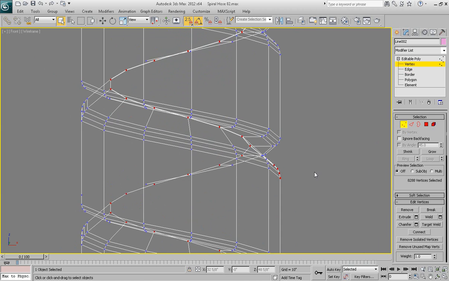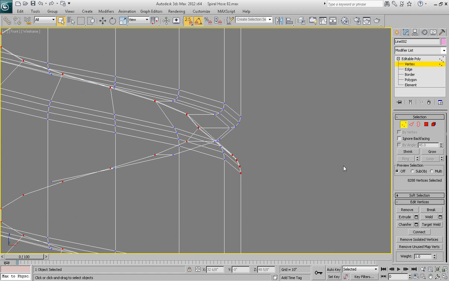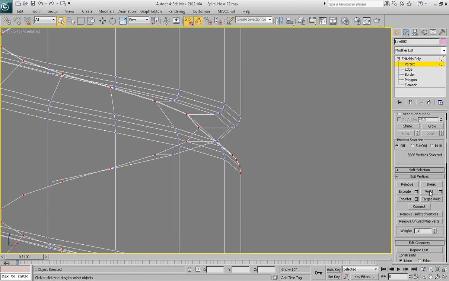So now zoom in closer to a place like this on the spiraled hose, and let's go ahead and weld those vertices. So find weld settings button next to weld button, go ahead and click it,